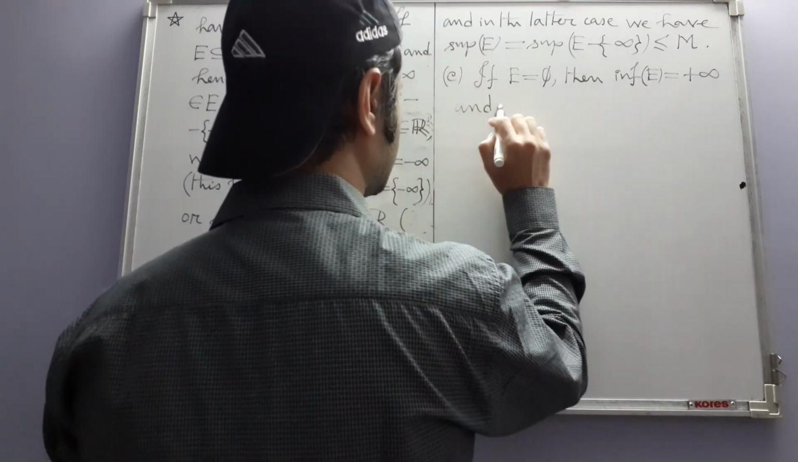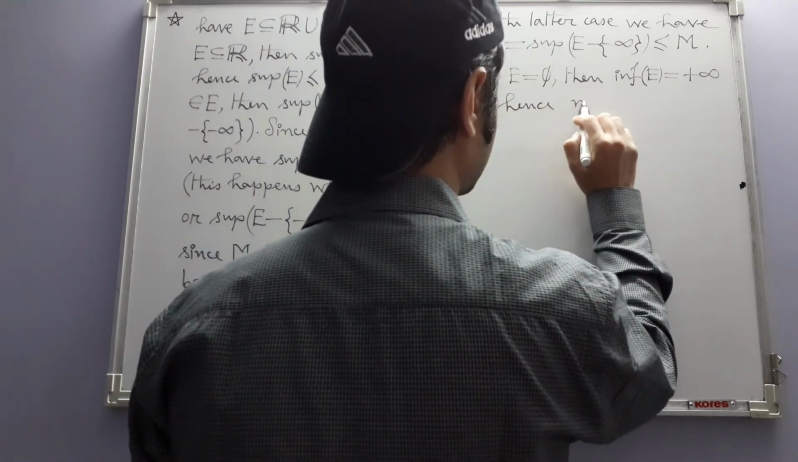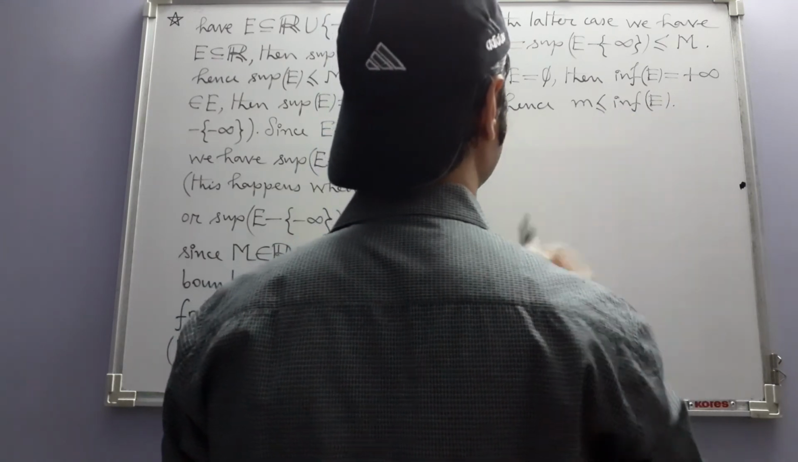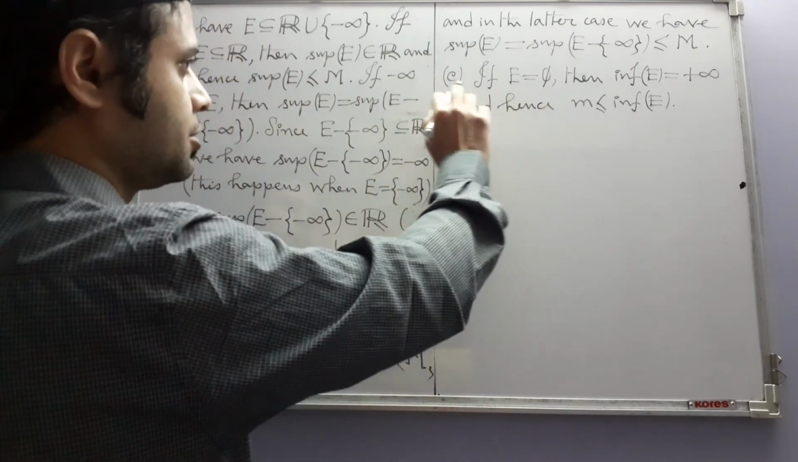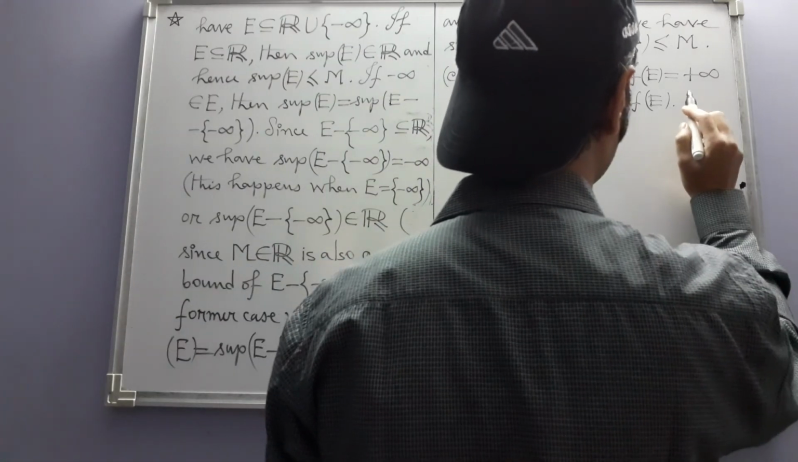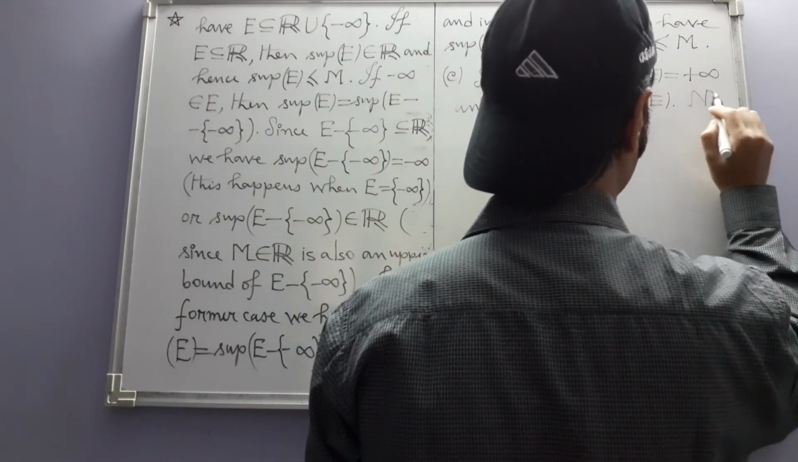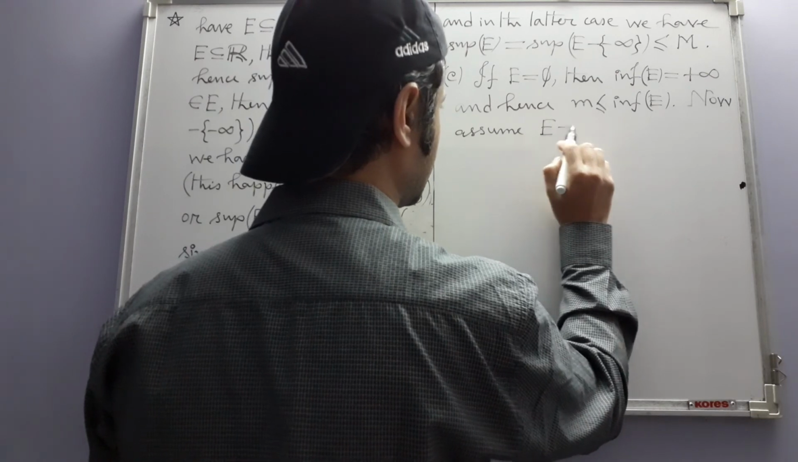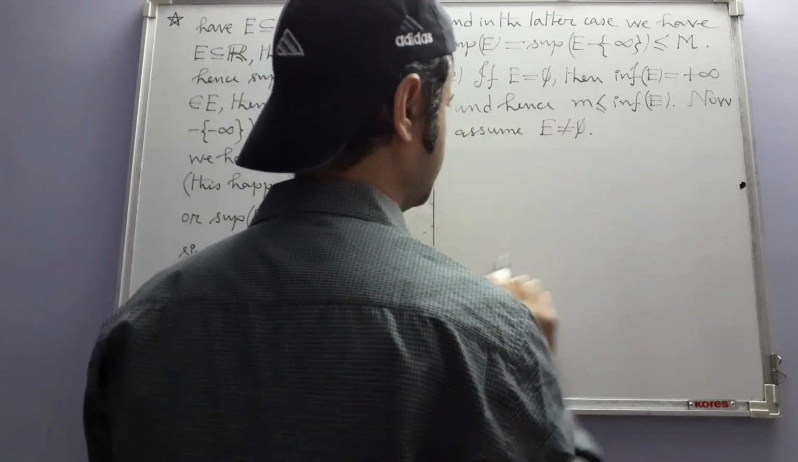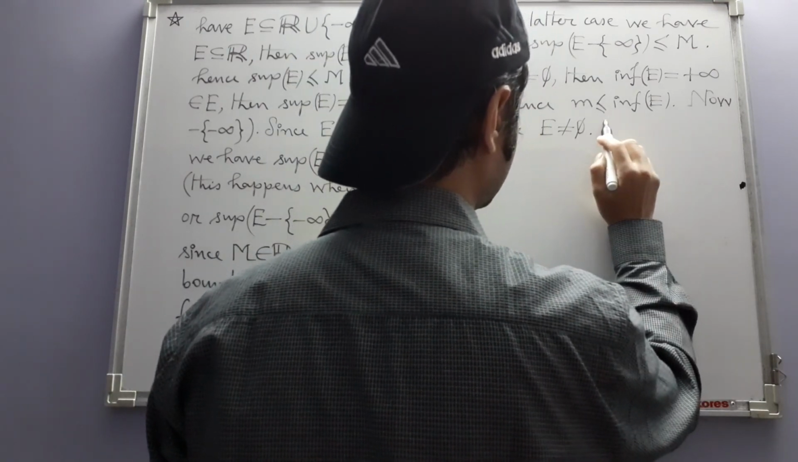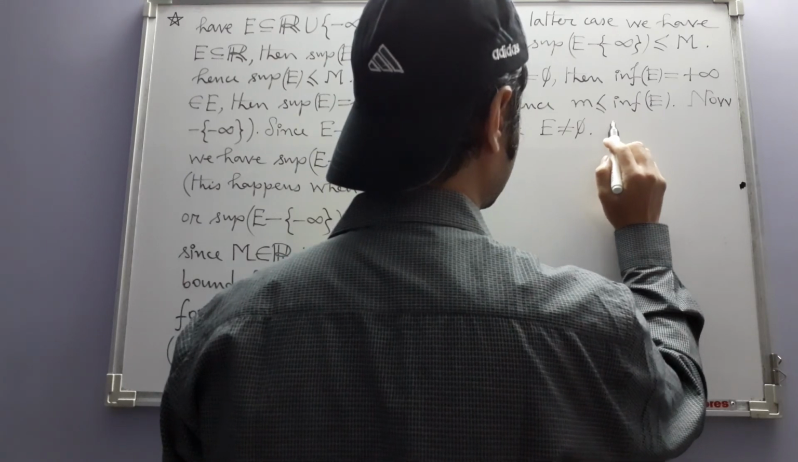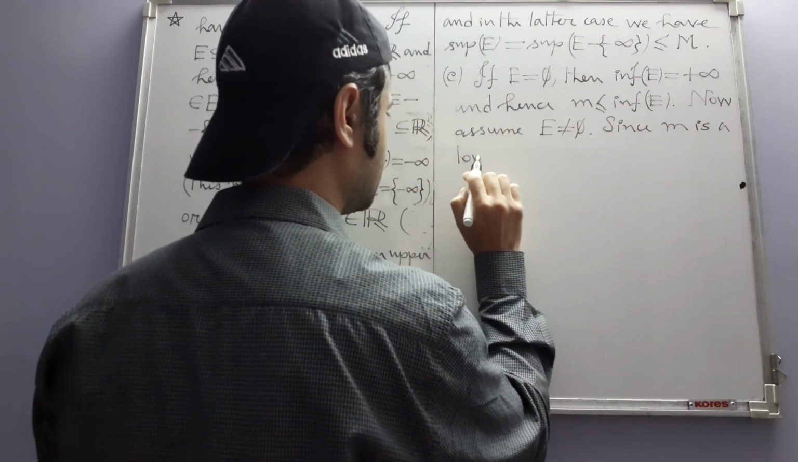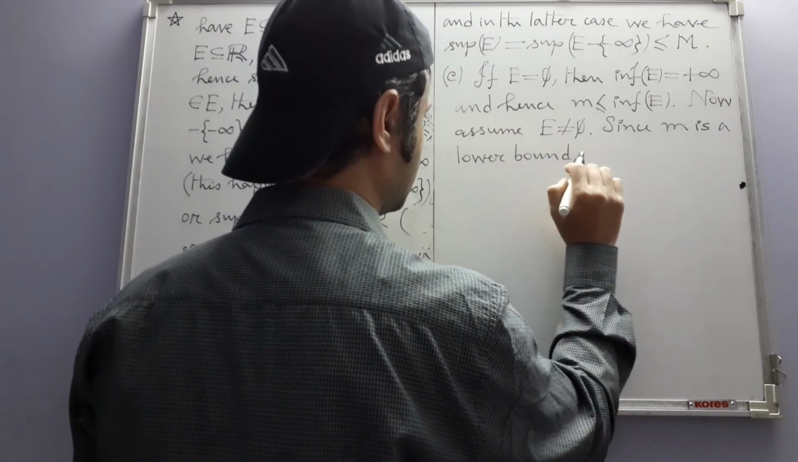and hence small m is less than or equal to infimum of E. If you want, you can start this part by writing small m is a lower bound for E, or lower bound of E. Now assume that E is non-empty. Okay. Since small m is a lower bound of E,